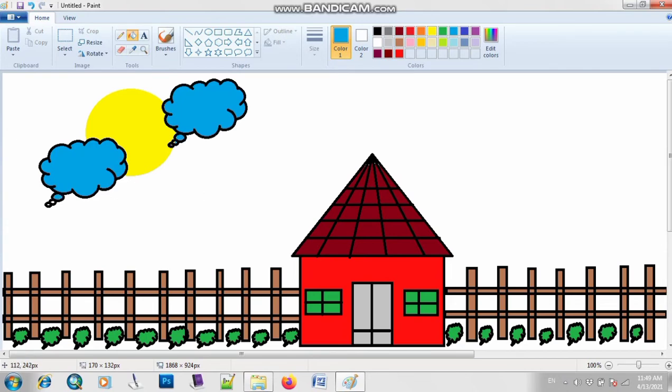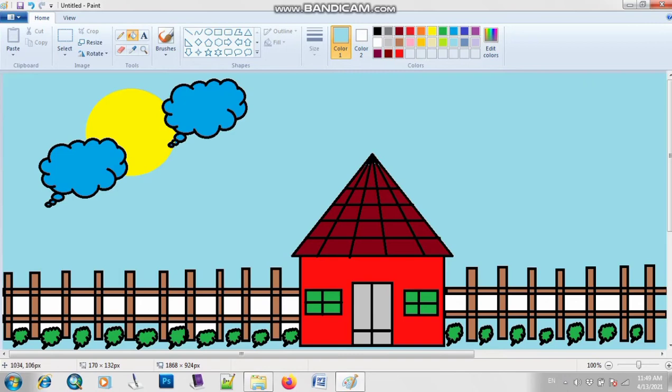Is it clear? Okay, so at the end, now I will make the color sky blue type, and I will fill here. So as you can see, the drawing is now completed, but if you still want to draw anything, then you can draw here.